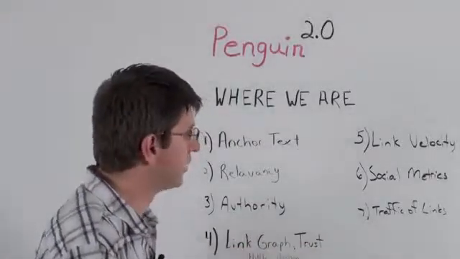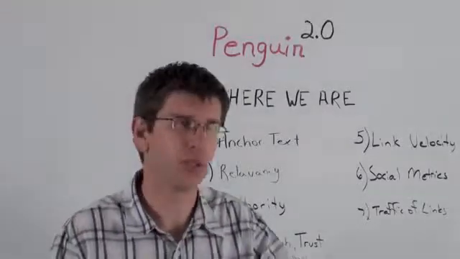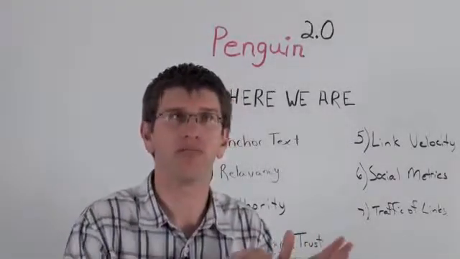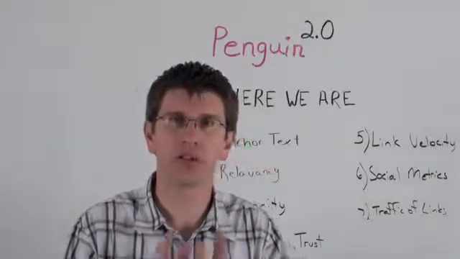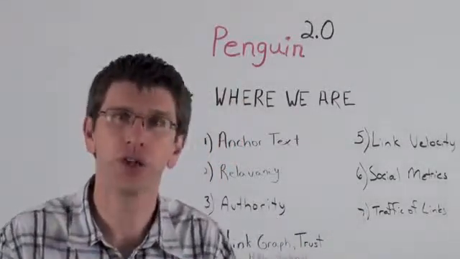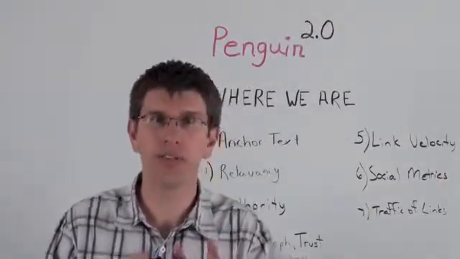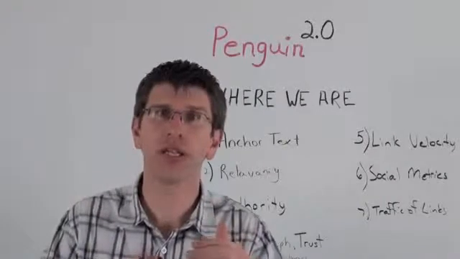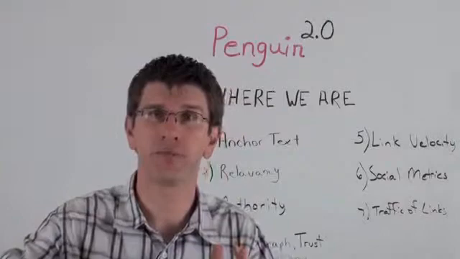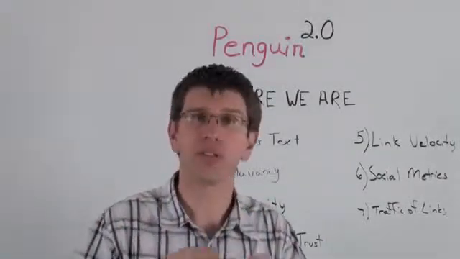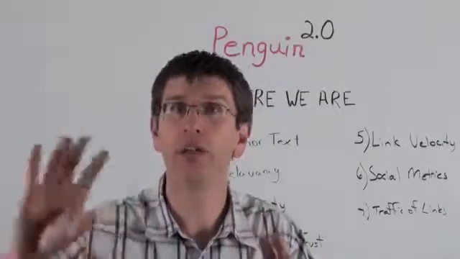The last one I have up here is traffic of links. This is a brand new one. It used to be discussed about a couple years ago. But recently I've been studying a little bit more on this to try to understand how Google's going to start looking at traffic of links. And the concept is, in everyday life, if a link is on a website, it's specifically there to get a user to click on it and to go someplace else. Whether it's navigation, whether it's an ad, whether it's in content, read more here and it links out.